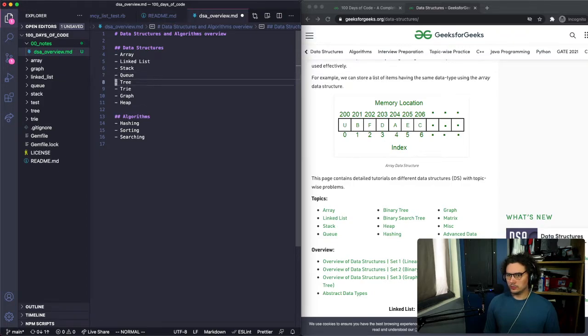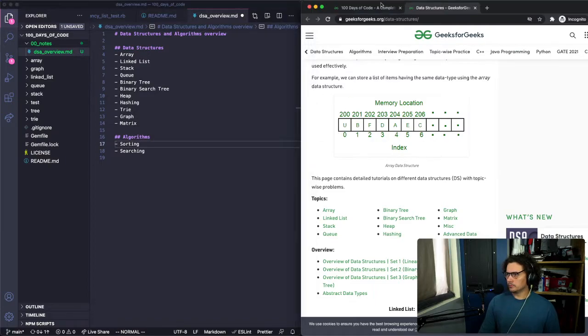Stack, queue. Binary tree. I wonder what the difference between a binary tree and binary search tree is. It's part of the reason of doing this. Hashing. And then they don't have a try here. Weird. Guess I'll leave it. And how is a diff matrix different from a graph? Okay. Whatever.